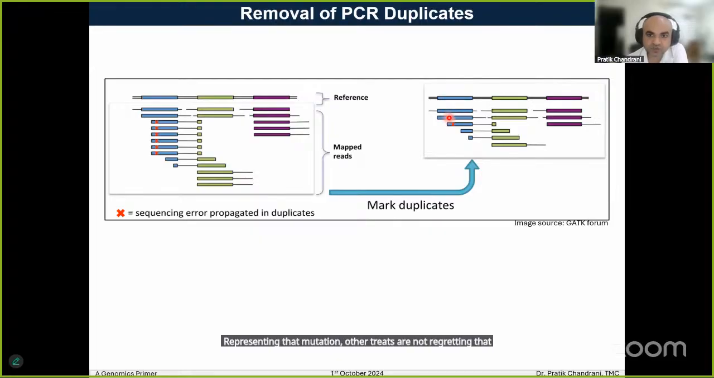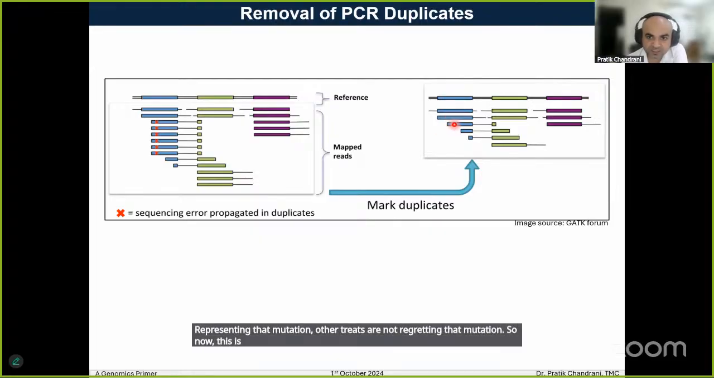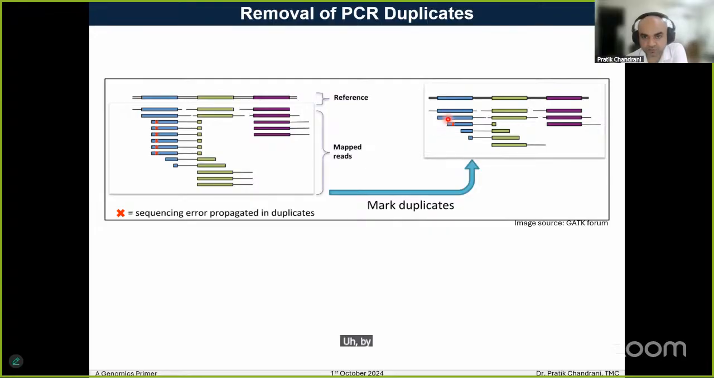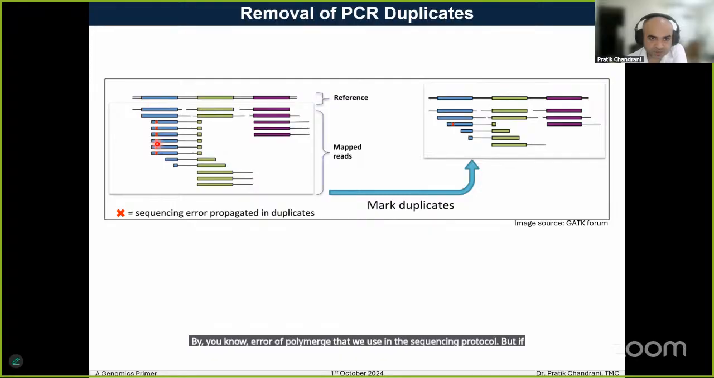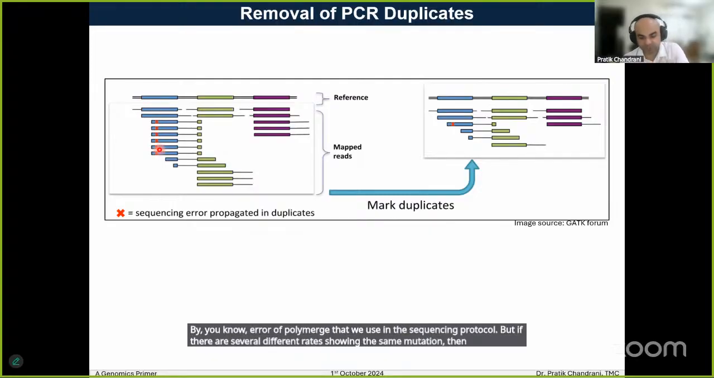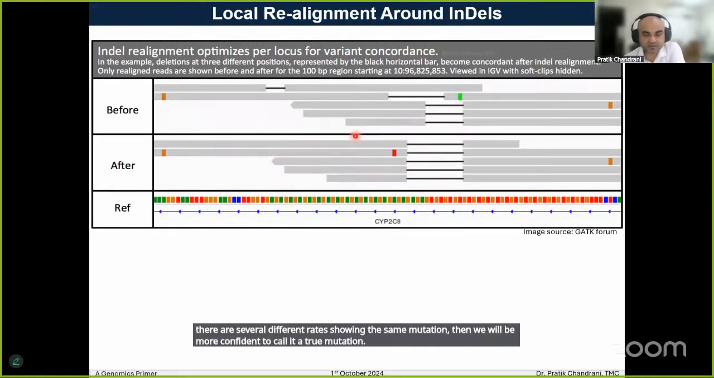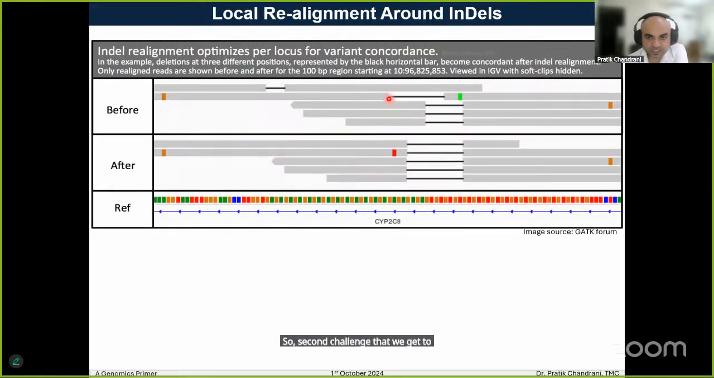that mutation. So now this is a very typical case where it can be a wrong base pair addition by sequencing error, by error of the polymerase that we use in the sequencing protocol. But if there are several different reads showing the same mutation, then we will be more confident to call it a true mutation. The second challenge that we get to see is that sequence alignment algorithms often produce this kind